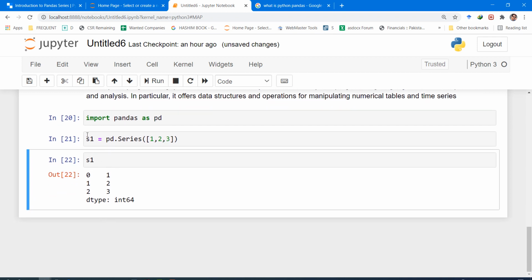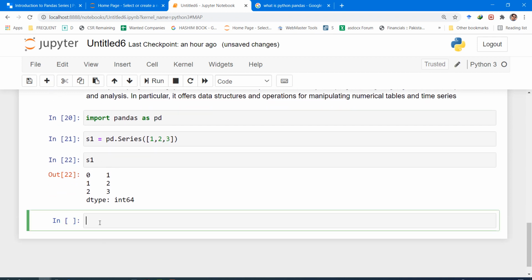Let's create another series, and let's call it S2 equal to. How do we create a series? First of all, we have to specify pd, because the function that we are using is from the pandas library. And what is the function name? It is Series.